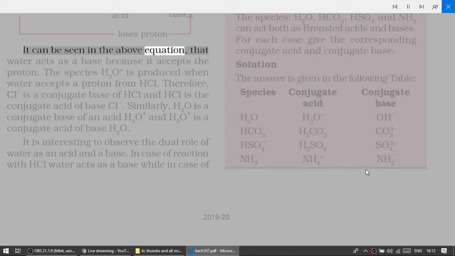It can be seen in the above equation that water acts as a base because it accepts the proton. The species H3O+ is produced when water accepts a proton from HCl. Therefore, Cl- is a conjugate base of HCl and HCl is the conjugate acid of the base Cl-. Similarly, H2O is a conjugate base of the acid H3O+ and H3O+ is a conjugate acid of the base H2O. It is interesting to observe the dual role of water as an acid and a base. In case of reaction with HCl, water acts as a base, while in case of